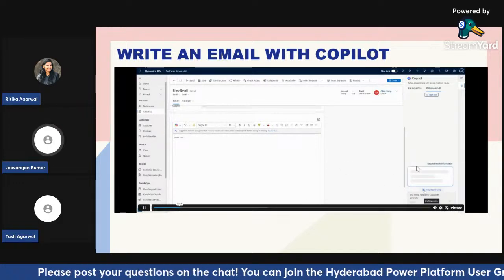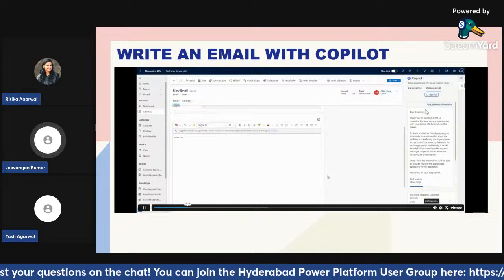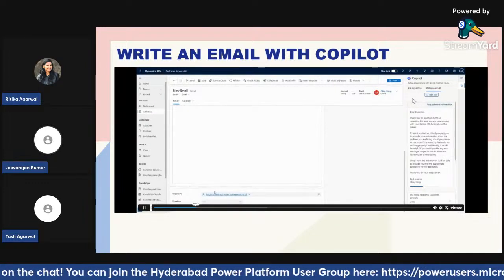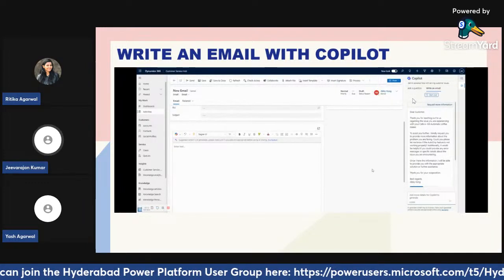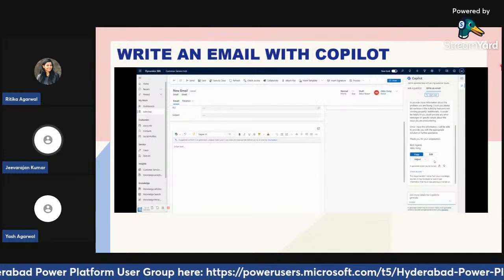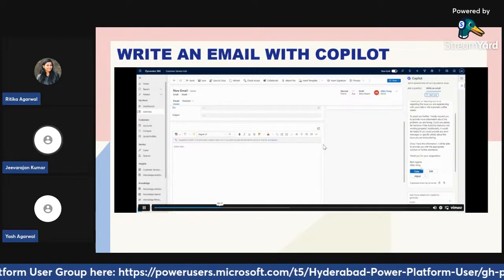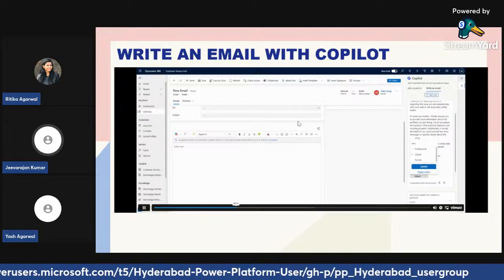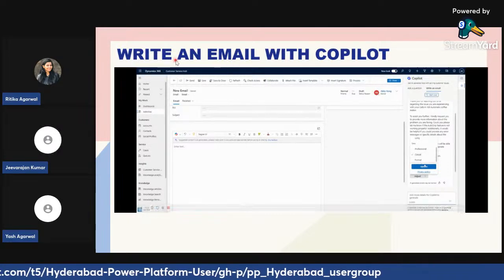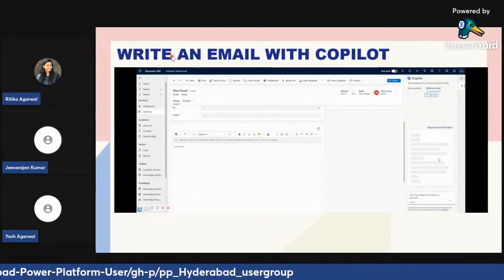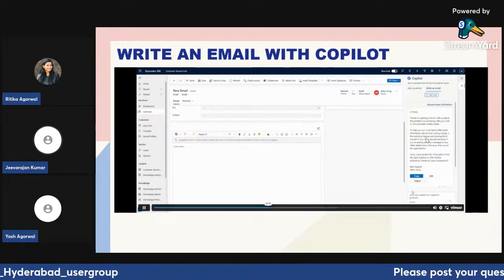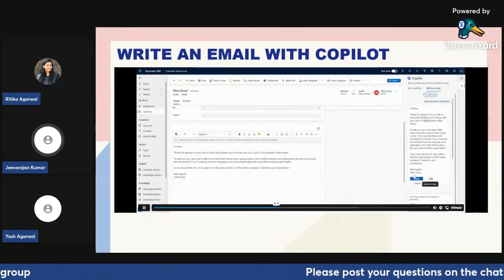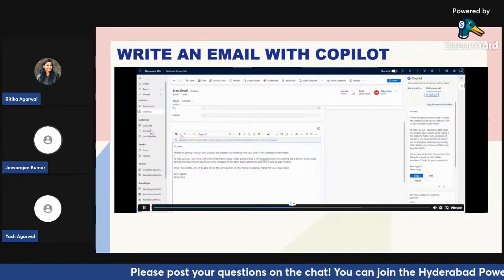As you can see, I'm asking the Copilot to write an email for this customer, and you can see that Copilot generates an email here, and I can edit it, or I can copy it, or I can adjust the text and tone and those things here, and then I can just reuse it. I can regenerate it if I want, and if I'm happy with that, I can just copy it, and eventually that gets copied to the email service pane.